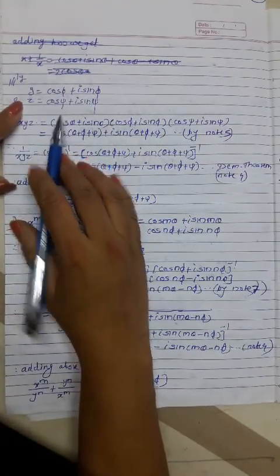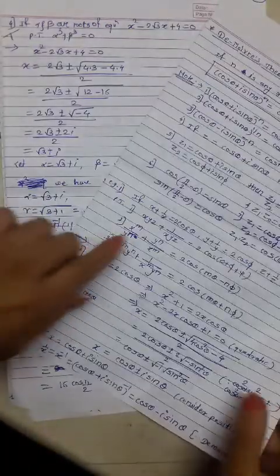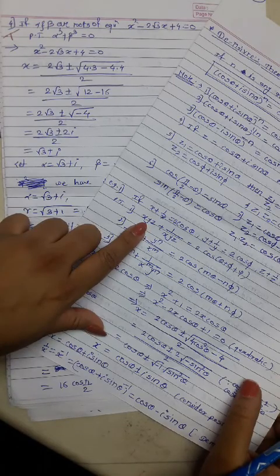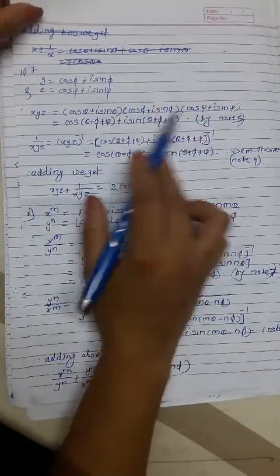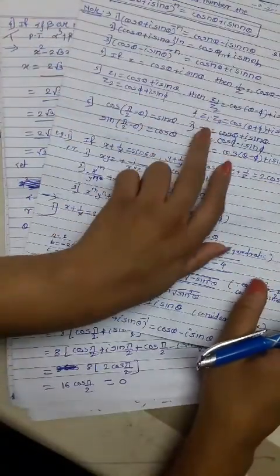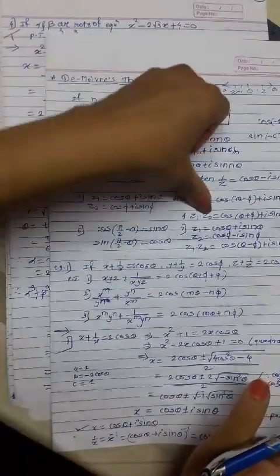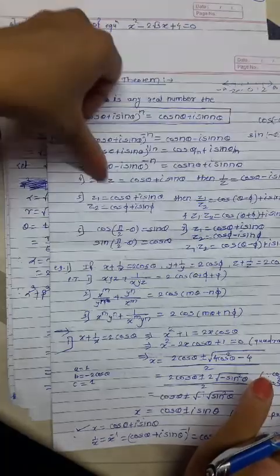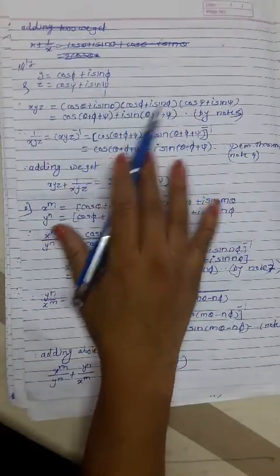This way we have found x and y and z. Now consider the first term of the equation to prove, x into y into z. The first bracket is x, into y, into z. By this note, multiplication of these brackets is just addition of angles. If two brackets are there, similarly you can extend this rule for more than 2 brackets also. Here 3 brackets are there, therefore multiplication of these is nothing but addition of these 3 angles.